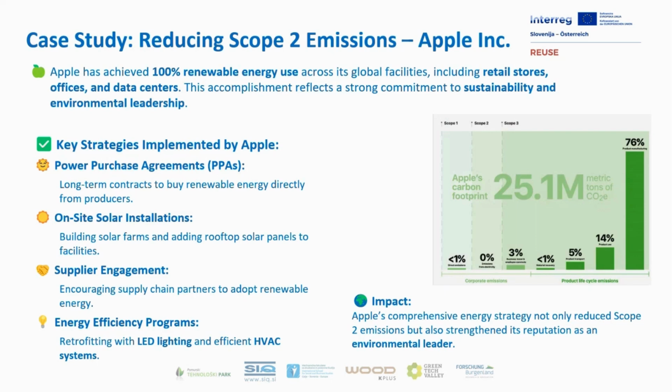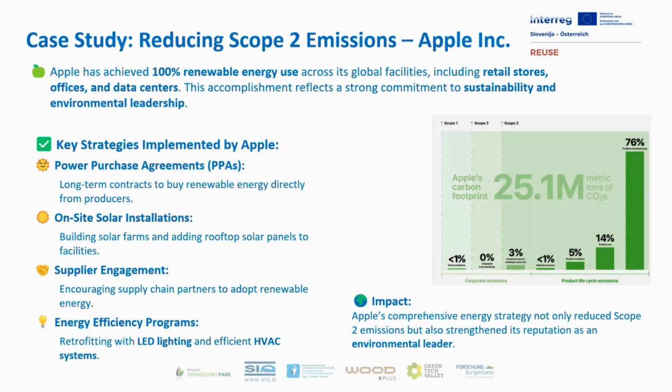So by taking this comprehensive approach, Apple has proven that even a large global corporation can make major reductions in Scope 2 emissions. Their commitment to renewable energy and efficient operations does not only reduce their carbon footprint, it also strengthens their position as a global leader in environmental